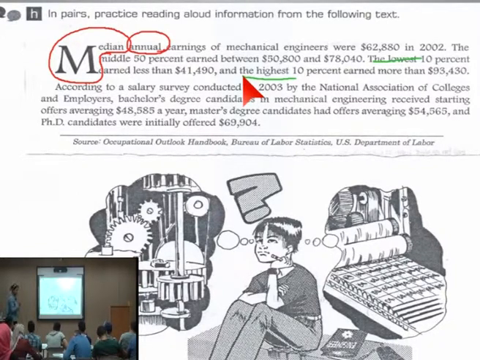Next, come on, Mira. According to a salary survey conducted in 2003 by the National Association of Colleges and Employers, bachelor's degree candidates in mechanical engineering received starting offers averaging $48,585 a year. Yes. Master's degree candidates had offers averaging, it means the average, $54,565 and PhD candidates. Candidates were initially offered